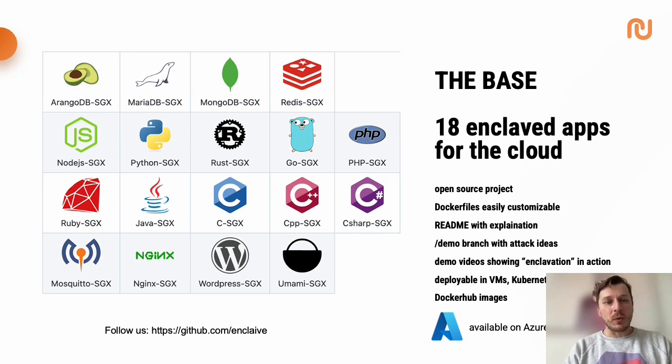So in this project, for example, you find the Docker compose files. You can easily derive manifest files out of that for a Kubernetes cluster or whatever cloud native tools you use on your daily basis, and simply use the recipes in order to enclave your cloud application. And you don't really need to dive very much into the deepness of the underlying libOSes, which we, for example, have already done